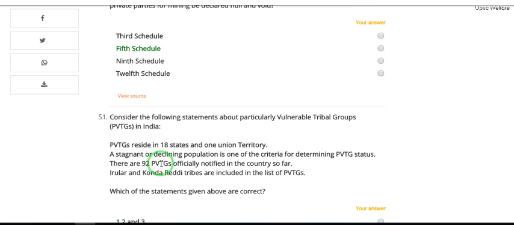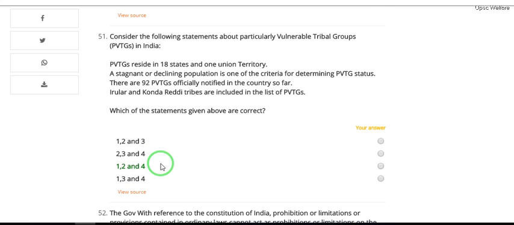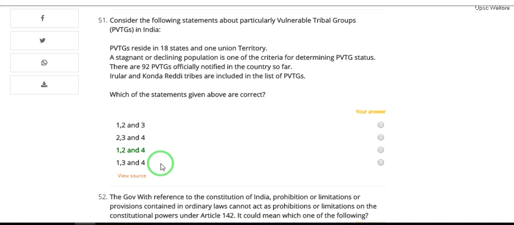So, Fifth Schedule. Now if we look at question 51: which one of the following is about Particularly Vulnerable Tribal Groups, PVTGs, in India especially? The first one says PVTGs reside in 18 states and one union territory. So it's correct. The second one: stringent or declining population is one of the criteria for